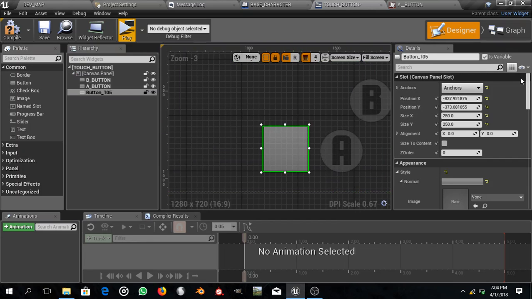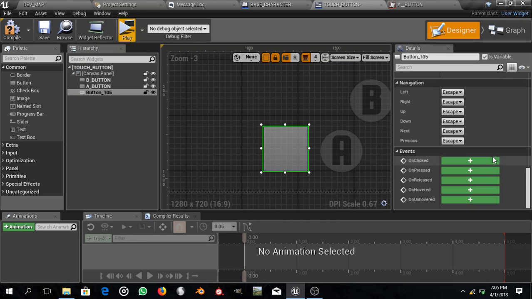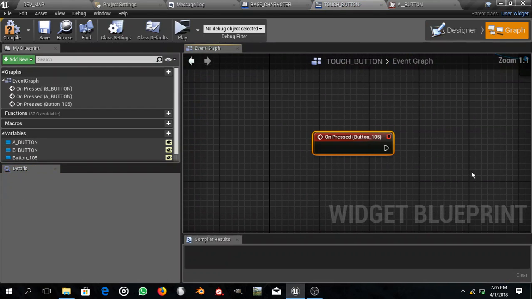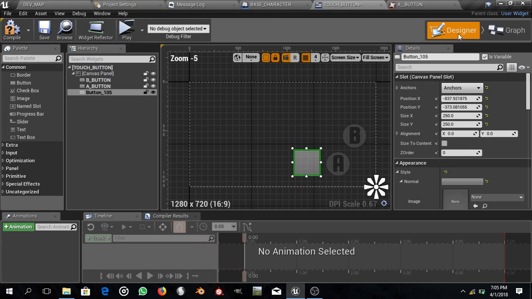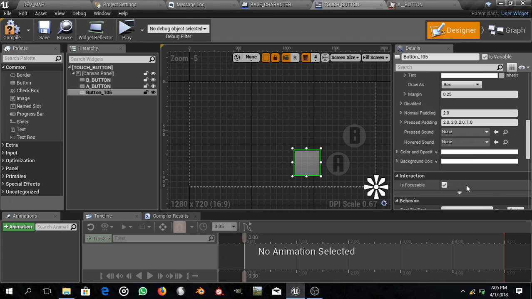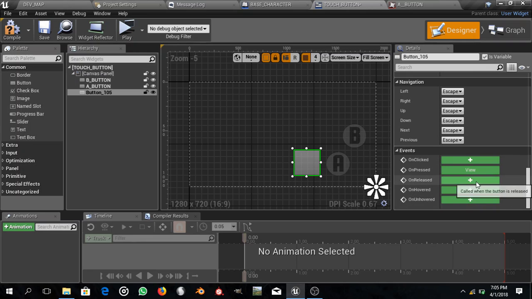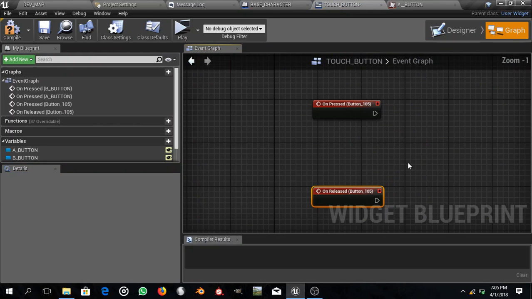So what you're going to do is go on pressed. You're going to create two events: on pressed, okay, and create another one, on released, okay,